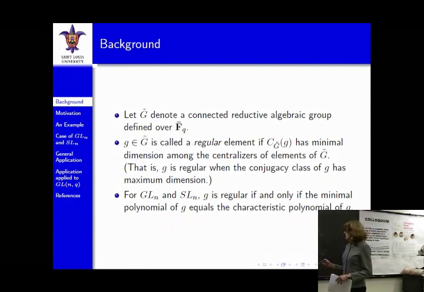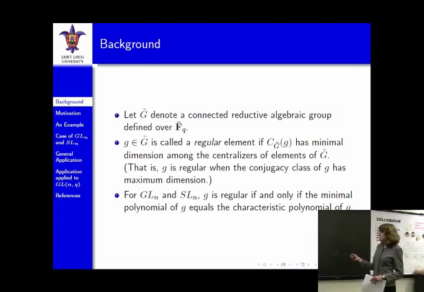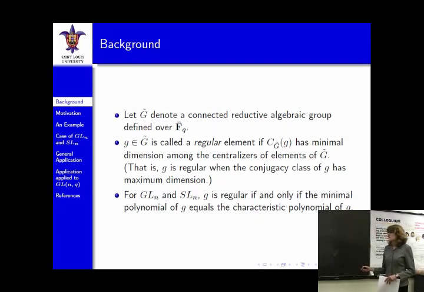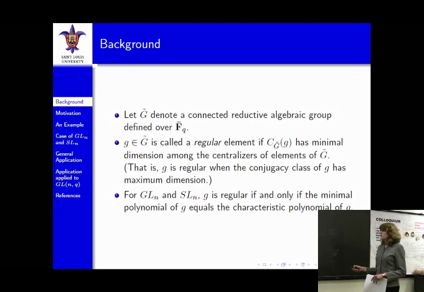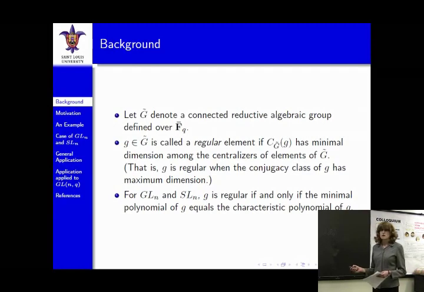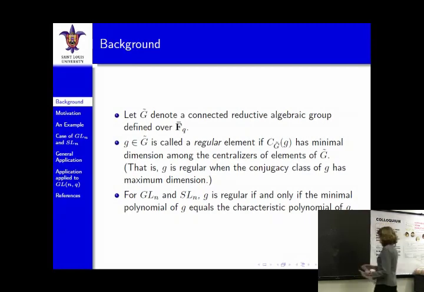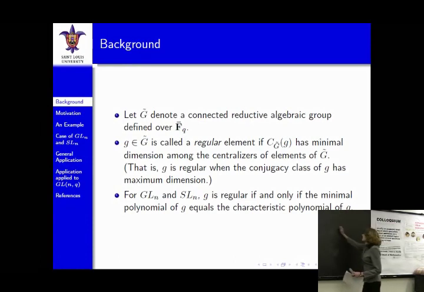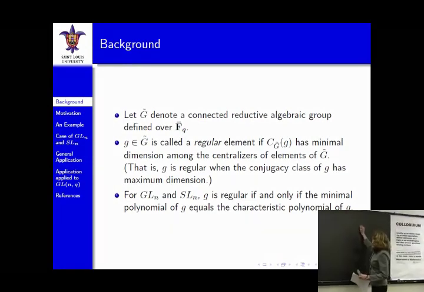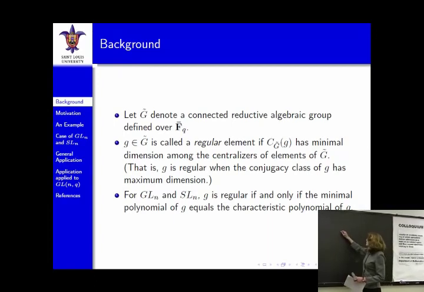Now, if you want to think about it in this context instead of just a general connected reductive algebraic group, in GL_n or SL_n, which of course is GL_n with the elements of determinant 1, an element is regular if and only if its minimal polynomial is equal to its characteristic polynomial. So like if we're in GL4 over F_q and look at unipotent elements,